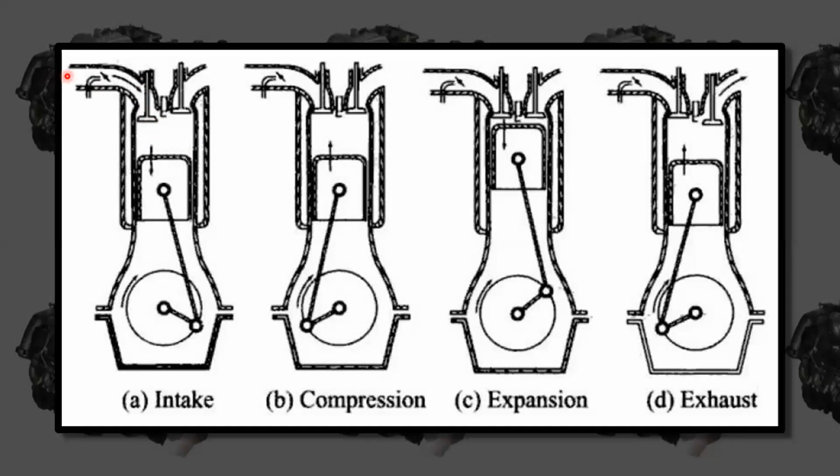So this air fuel mixture is going to be sucked into this combustion chamber until the piston reaches bottom dead center. Until then, the air fuel mixture or charge is going to come into this combustion chamber. Whenever it reaches bottom dead center, this intake valve is going to close. Why? Because that is the start of the next compression stroke. So the intake valve or inlet valve has to close here.